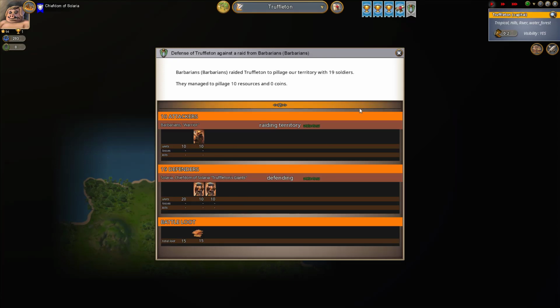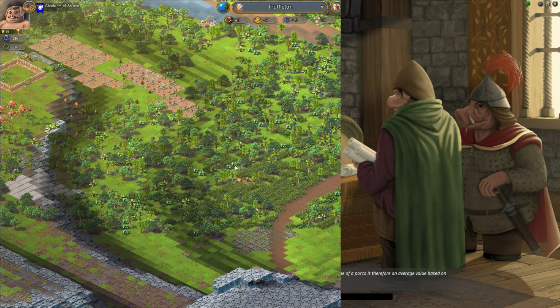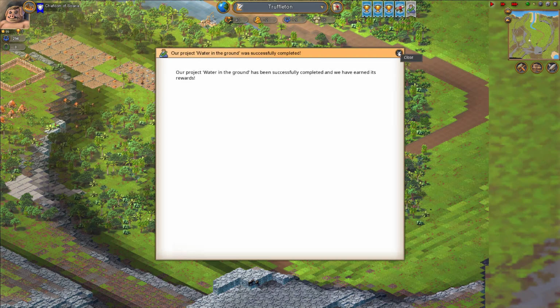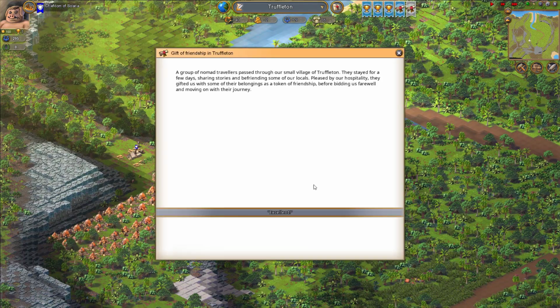The defense of the city is a past issue. Now, let's get back into Truffleton and have a look at what we can do to fix the population dwindling and starvation and all those problems. Okay, in the loading screen, we managed to learn the water in the ground technology. So now we can build wells. That's fantastic. We actually don't need wells because our water supply can come...